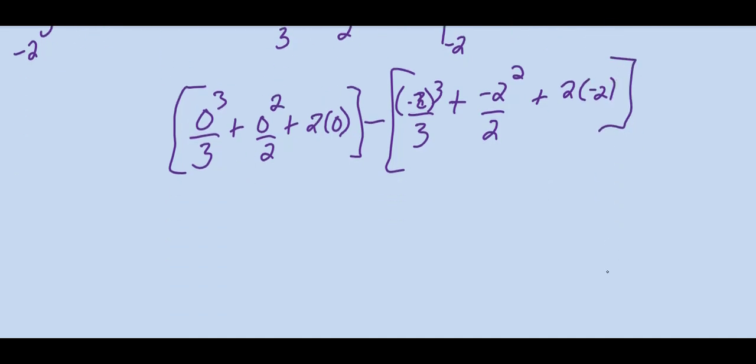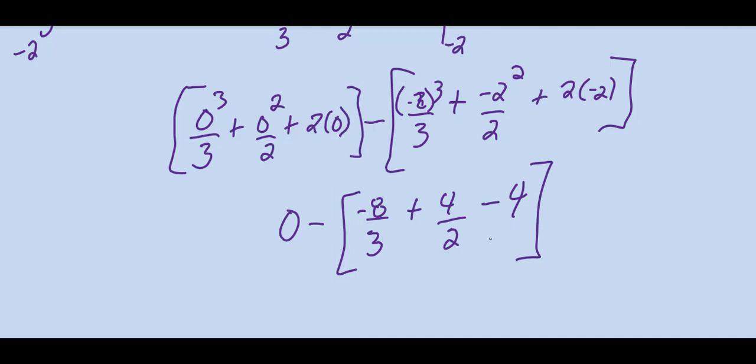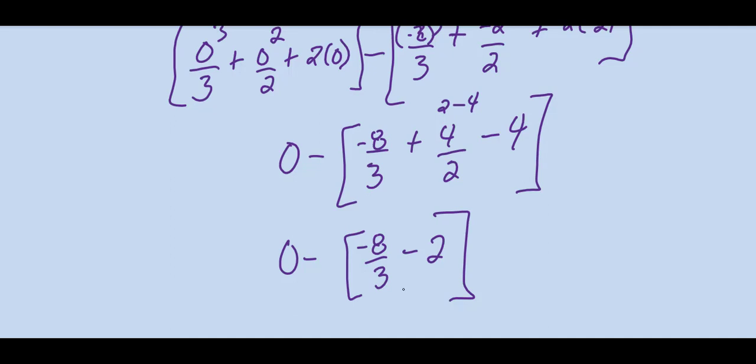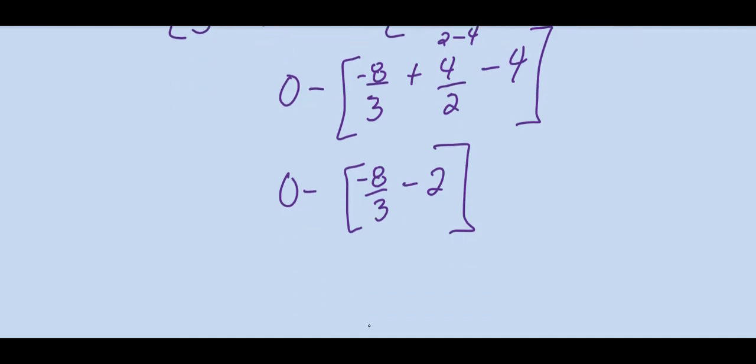Well, all of this on the left-hand side should come out to be 0. 0 cubed, 0 squared, and 2 times 0 is 0. Minus negative 2 cubed should give us a negative 8 over 3 plus 4 over 2 minus 4. This should now reduce down to a negative 2. So 0 minus negative 8/3 minus 2, because this should give us 2, and 2 minus 4 is still a negative 2. But if we have to add this together, combine our numbers together,